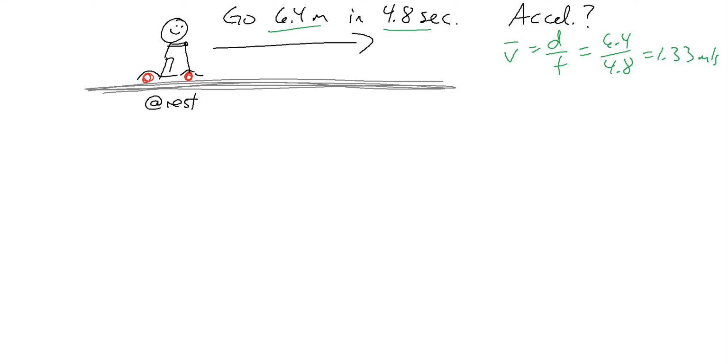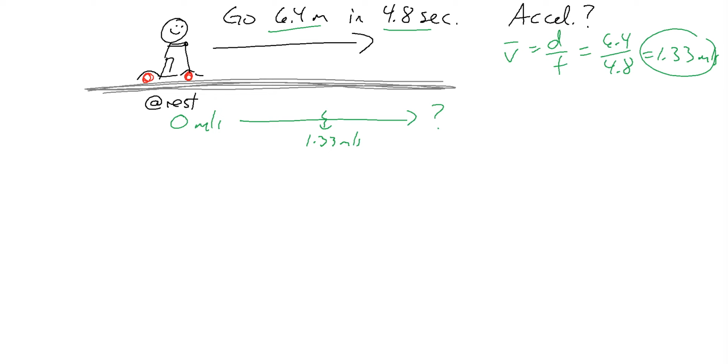So we're just going to map out my v's here. He's starting at 0 meters per second, and he's going up to something I don't know. You've seen me use this graphic, as a little line thing. I'm going to use it a lot. I like using my little v line here. I don't know what he goes up to, but I know the average v is 1.33, and that is right in the middle of my v's. So if he started at 0 and went up to something I don't know, and the average is 1.33,